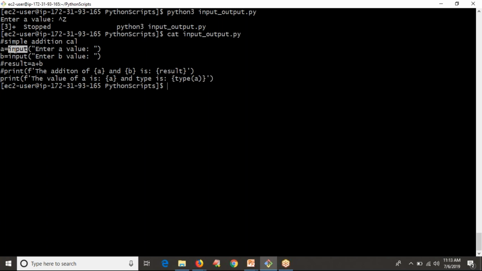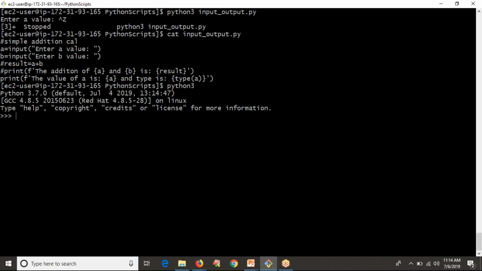But whereas in Python 2 you have input to read numbers and raw input to read strings. But here there is a common input statement, that is input, through which whatever you are reading from the command line is always a string. Then how can you convert to your required data type? We have different ways. Let me open my Python 3 terminal. Guys, whatever we are going to discuss now will work only with Python 3, not with Python 2. Let's say x equals to input, enter x.